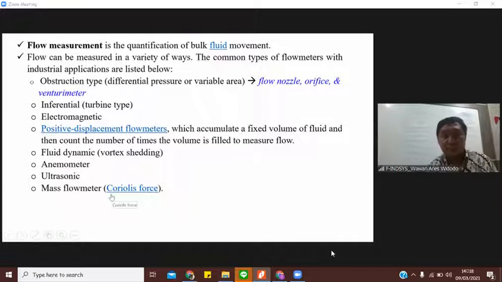Yeah, the pitot-static tube is a device that can measure the velocity of flow, and then if you multiply velocity by area, you can find the flow rate. If the flow rate is multiplied by density, you can get the mass flow rate. So this equipment here, or this device here, is to measure the fluid flowing inside the pipe.